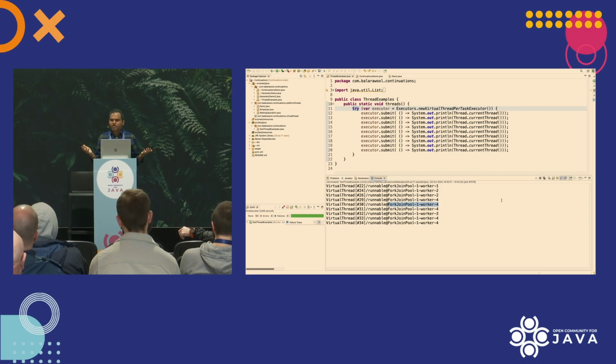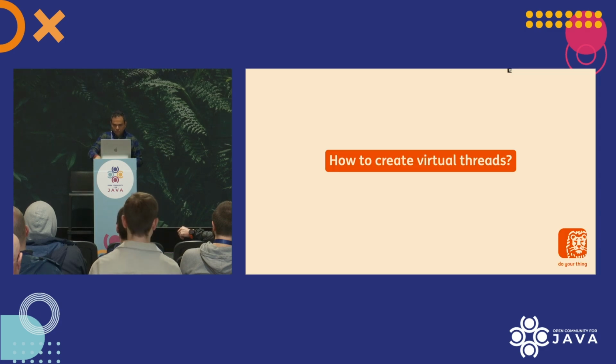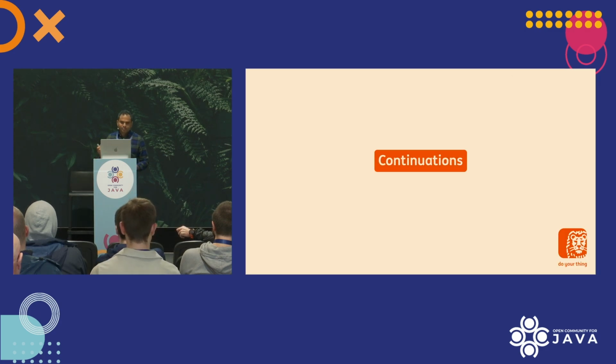So how does this work? How does this happen? How does a virtual thread get mounted onto a platform thread, and how does it get unmounted? What is it actually making this happen? And also, because this mounting and unmounting is playing a big part in the high scalability of virtual threads, what is it actually that is giving this high scalability to these virtual threads? And the answer to those questions is continuations. So continuations is actually the thing that is driving all of this, and we will see that in the second part.